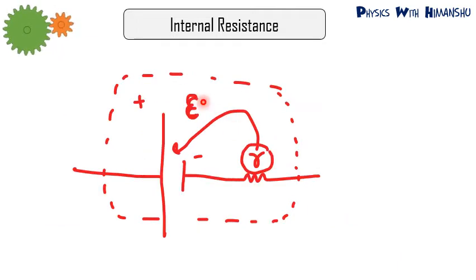So basically, for a cell of EMF E, if the cell offers a resistance r, then that resistance r is put with the negative terminal of the battery. This r is not put inside, it is put with the negative terminal of the battery. So if in combination with E there is a small resistance r written in the question, it means this resistance is the internal resistance of this battery. This is a convention that you have to follow while putting the internal resistance of any battery of EMF E.